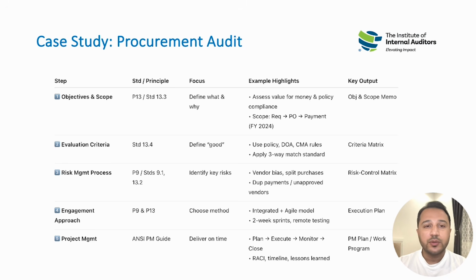Then coming to the approaches, we can see whether we can use traditional or agile. Most likely I'll go in a procurement audit with a more traditional approach, or it could be virtual, remote as well. The last one is the project management guidelines. We can apply those guidelines in our entire procurement audit engagement. So this is a brief snapshot just for your memory. It is not required to understand in this manner, but it is just to give you a good perspective of each and every area that we have discussed in this session.